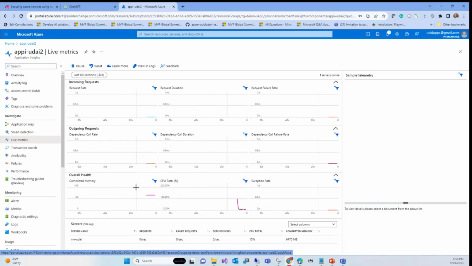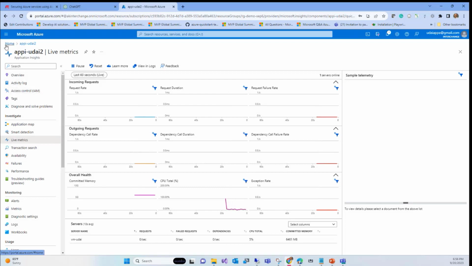Now let's jump in. So this is the first step: how local auth and then RBAC work with the application insights. Now I'm going to show you some storage services, right? Let's pick Azure Storage. Okay. Let's go to a new tab.